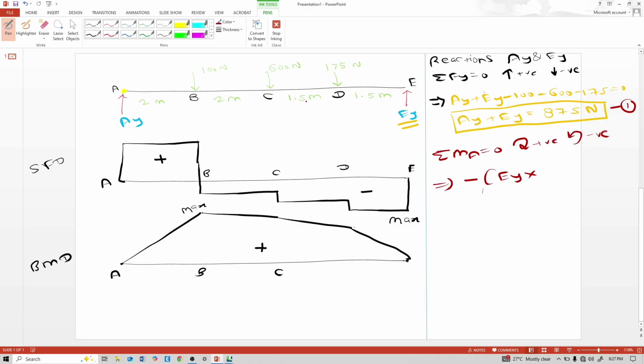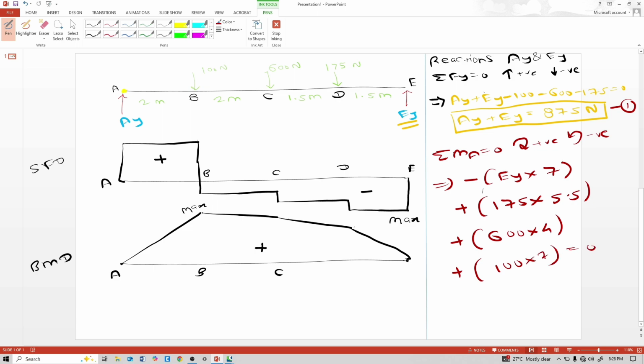2 plus 2, 4, 5.5, 6 and 7, that means this is 7 meter. Minus, this 100, 600, 175 are clockwise to this point A. So positive value comes clockwise, that means positive 175 into 2 plus 1.5 plus 2, that is 5.5, plus 600 into 4 and plus 100 into 2